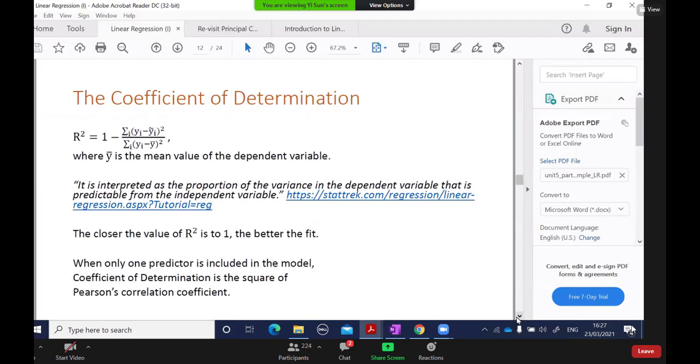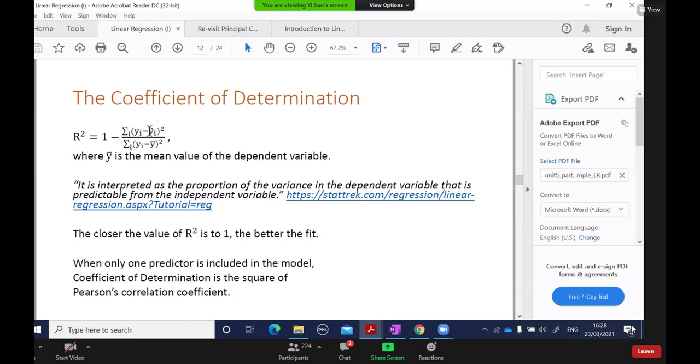Another thing: what is this? This is another performance measurement. It is called the coefficient of determination. Let's have a look at the definition. So yi, again, is the actual value. Again, we want to predict the baby's length, or height, based on their weight. So height is the target value.